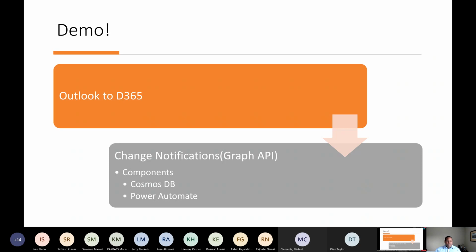And we wanted to then take the data from Cosmos and push it into D365. So that's what we're going to see. We're going to see when I create an item in Outlook, does it show up in D365? When I update an item in Outlook, does it update in D365? And if I delete an item in Outlook,